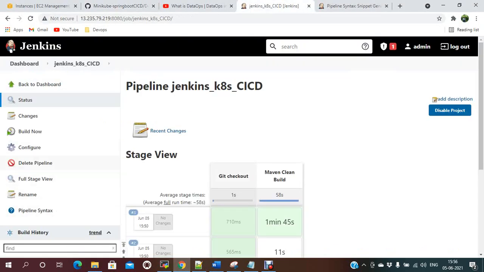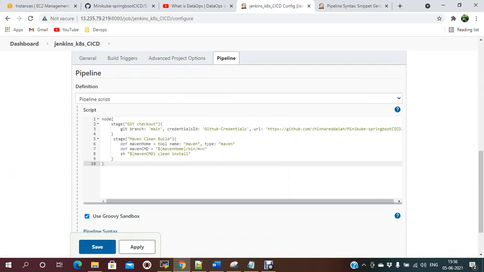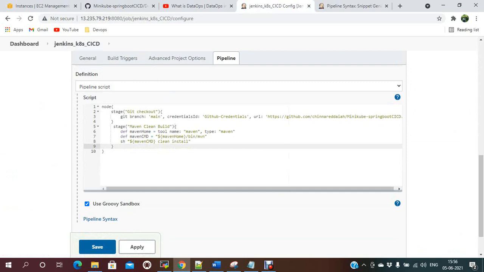Let me go here, configure. Next stage is build Docker image. To build the Docker image, I'm just using a shell command like docker build -t, my username is this one, and the application name.